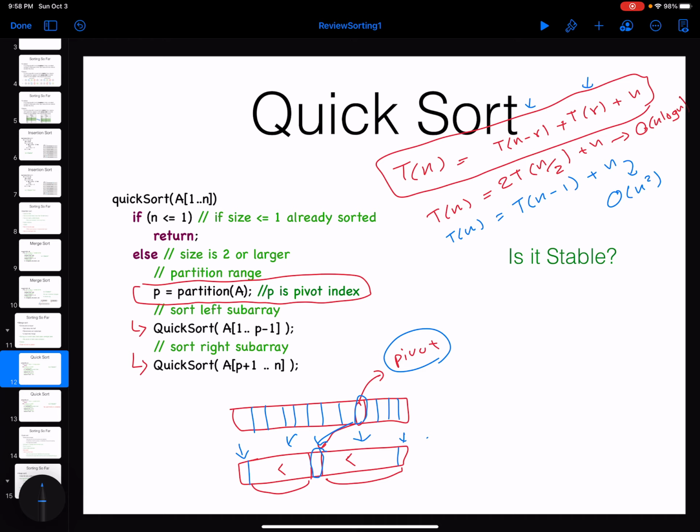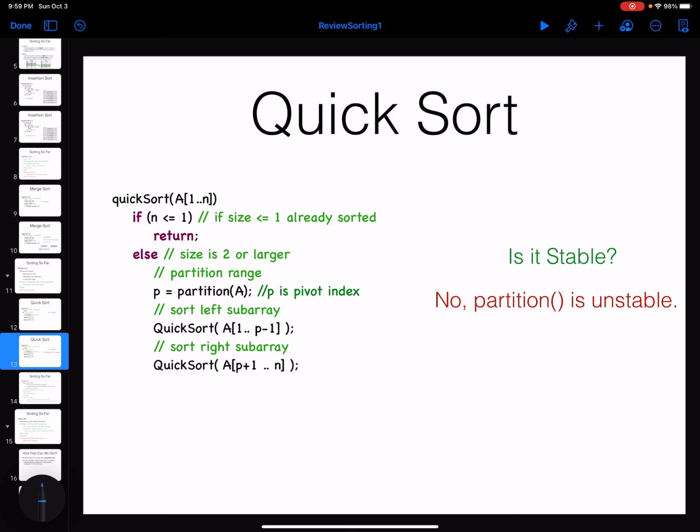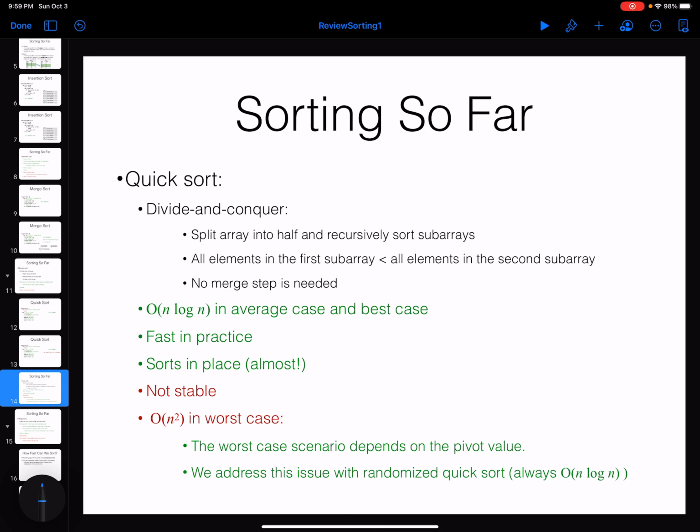And because you are partitioning around the pivot, you have no control over the items to make sure that they will be kept in the original order if they are the same. So because of that, quicksort is not stable. It's not possible to implement quicksort in a stable way. So these are all the